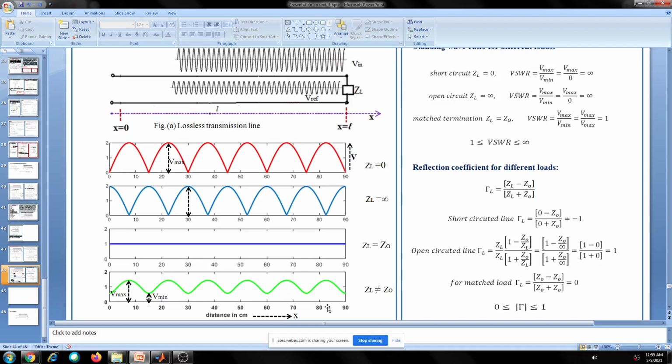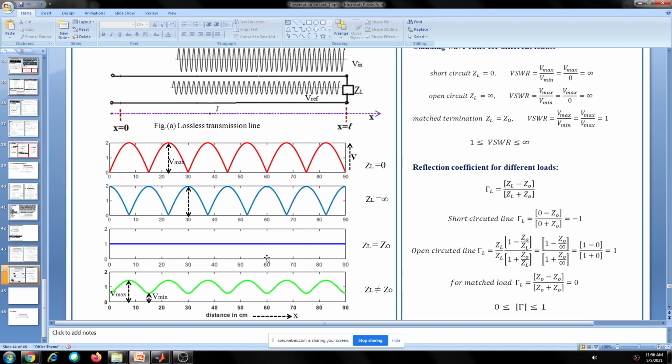So for other loads, other than infinity and 0, minima takes some value like this, which we have to measure, and the pattern looks like this. This is the resultant of two waves. Actually, whatever I am showing here is the voltage over a transmission line, the addition of reflected and incident waves. They are traveling over the line, but the resultant looks like a standstill, not moving at all, with fixed positions of minimas and maximas. So different loads give us voltage variations like this.